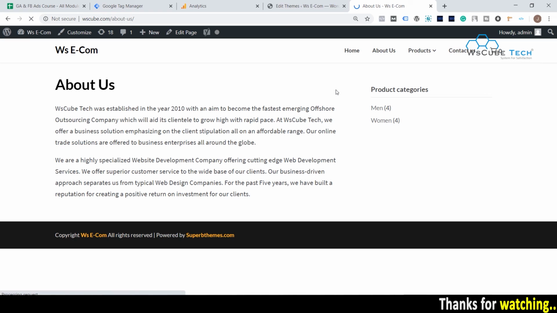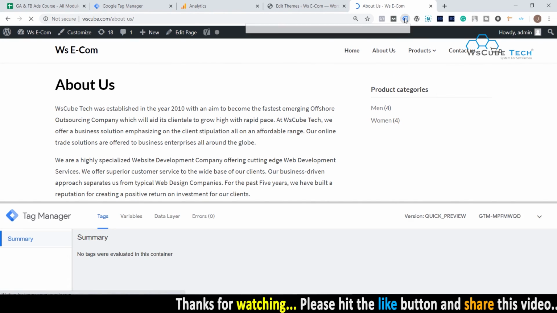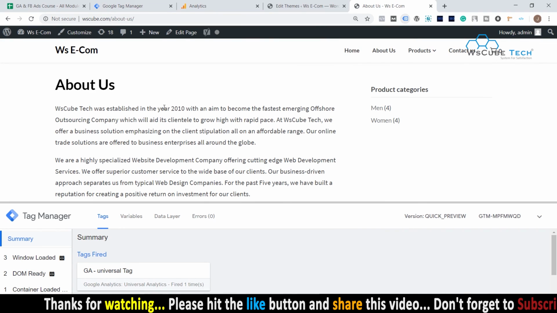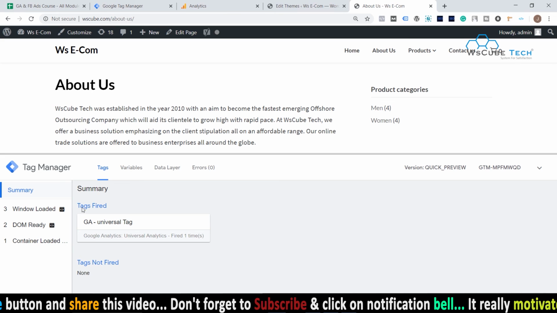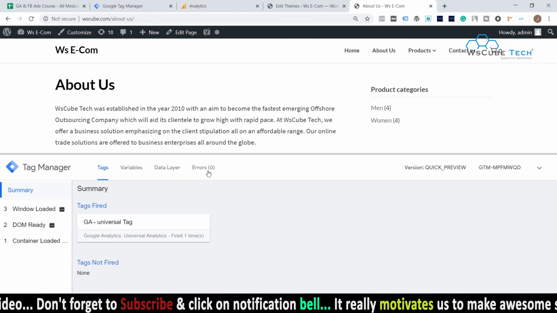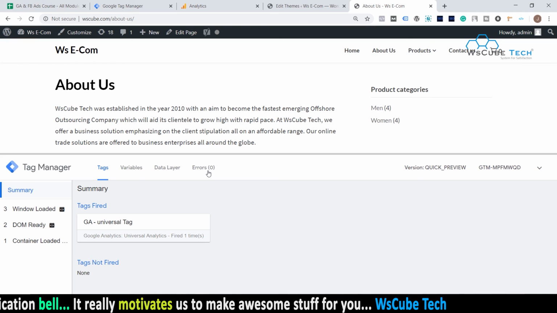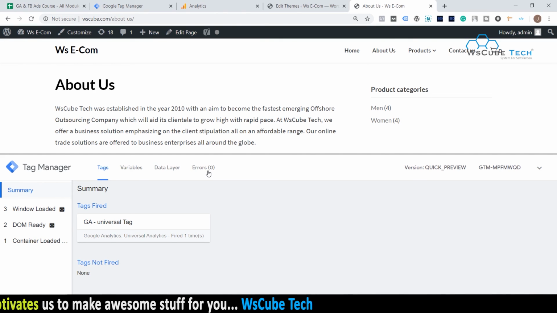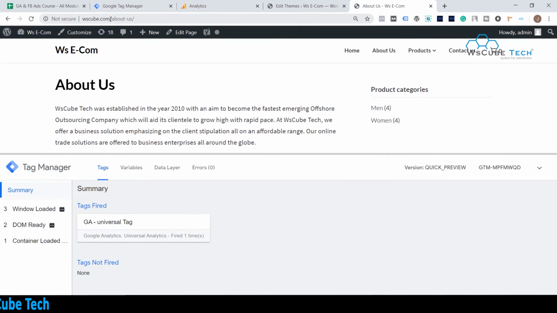We are going to About Us, and now we are checking again. Okay, here also it is firing, and you can see in this GTM preview and debug window also it is showing that Google Analytics is firing over here. So which means that now Google Analytics is properly installed on this particular website, which is wscube.com.